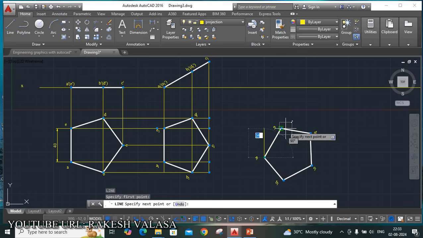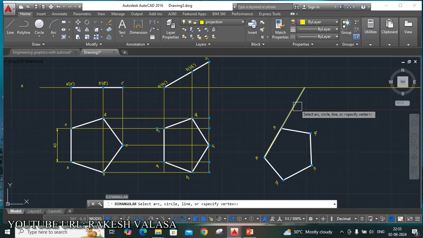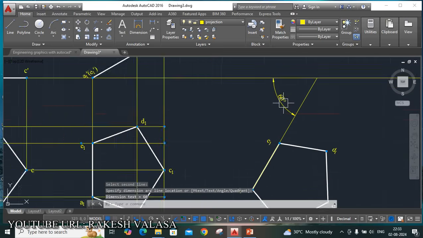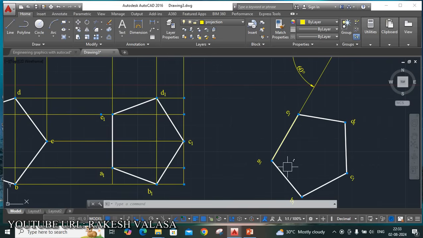Specify A1 point, E1 point, extend that line up to XY line and give the dimension DAN enter. You can check here 60 degrees. So actually total 90 degrees. I have taken from right to left, that is minus 30 degrees. This E1 A1 edge makes 60 degrees with VP.